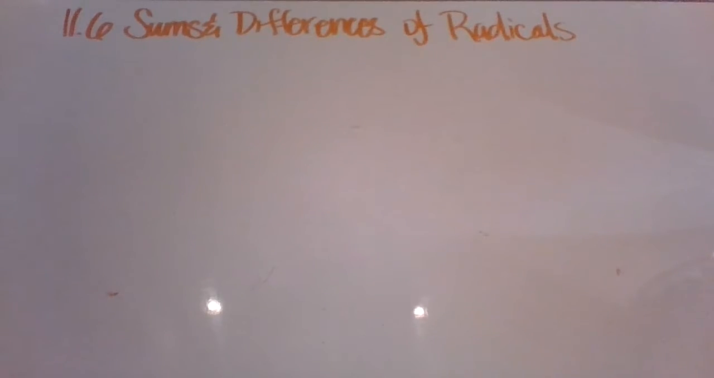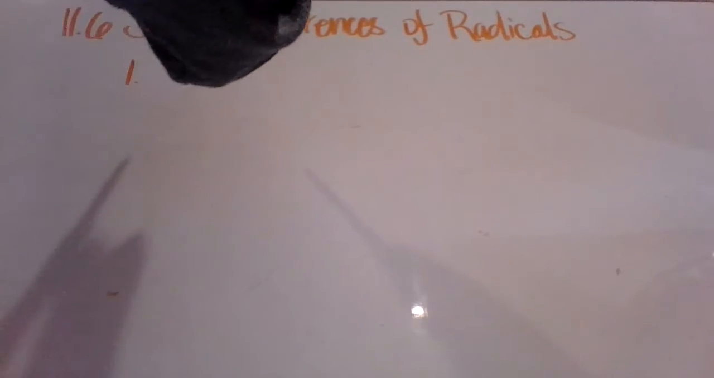Okay, 11.6 on sums and differences of radicals. So the actual lesson starts on page 475, but the examples that we will get into are on page 477. So we're going to start with number 1, and as we're starting with these, I'll explain how we add